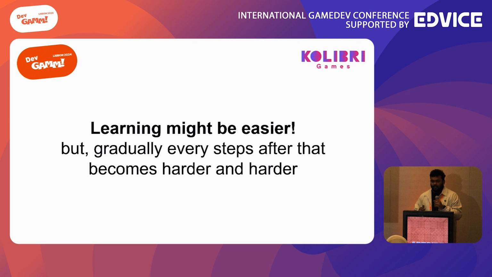And interesting fact is that at some point we see people not growing anymore. Maybe you join a game studio, you join a small indie team, but at some point you see that the growth starts like this, but then it goes like this. You don't grow that much day to day or month or every year.